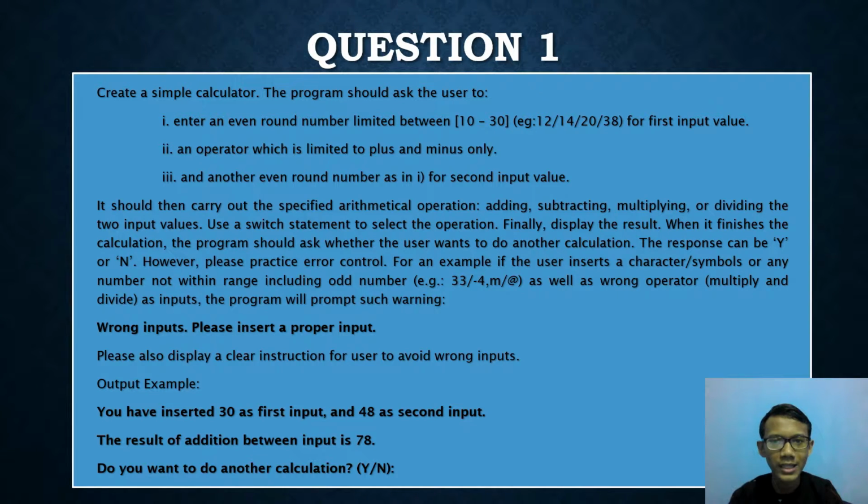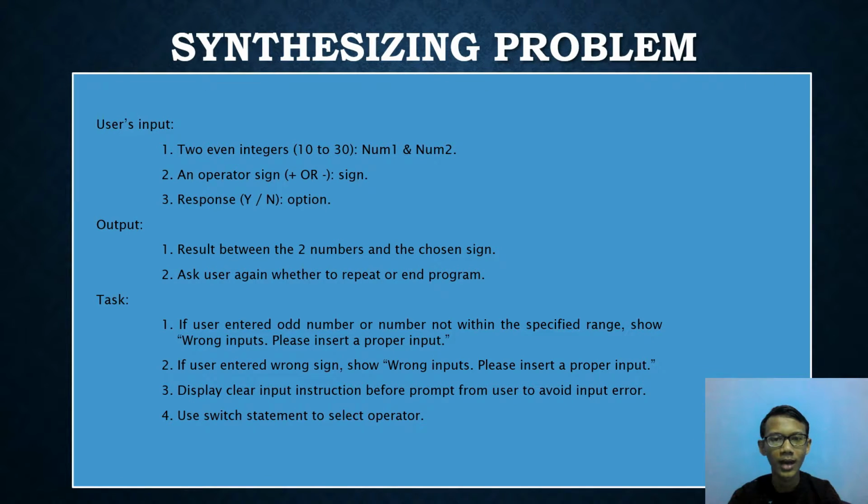Okay, so as we can see here, this is my question number 1. From this question, I have simplified the question. So the question wants us to get users input of two integers between the range of 10 to 30 that